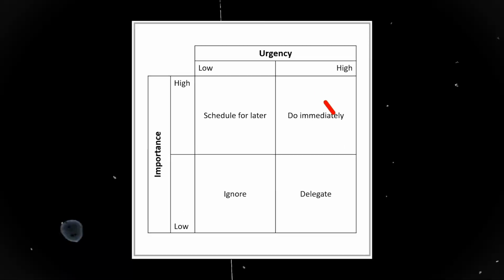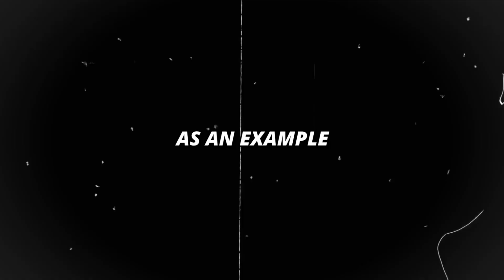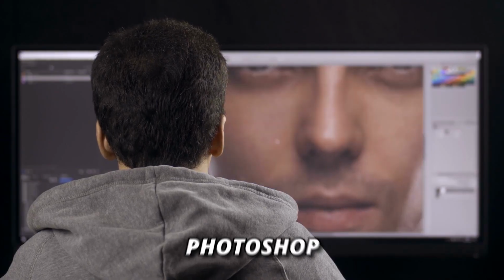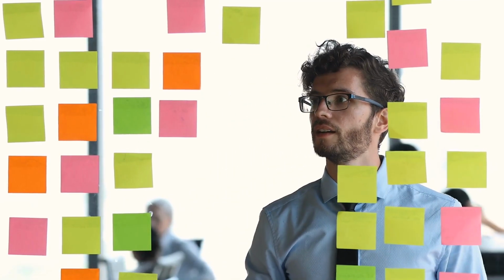The next axis is urgency. This is a crucial aspect to prioritization. To help you define which of your tasks are the most urgent, ask yourself which of them possess a lot of sequential actions. As an example, if you want to start learning Photoshop, the most urgent task is to purchase the software. Watching videos on how to use the software will do nothing if you don't even have the tool. Try to apply this to your list of actions that you have. Are there tasks that you can see that are a bottleneck to other tasks?